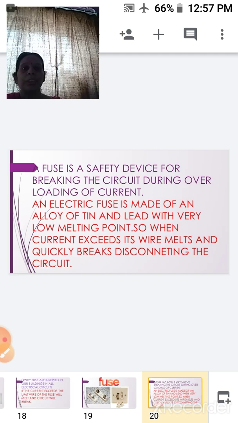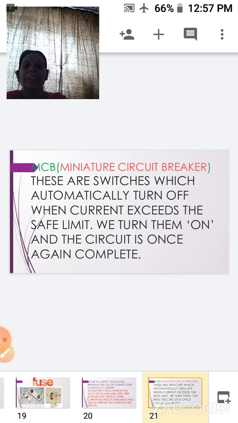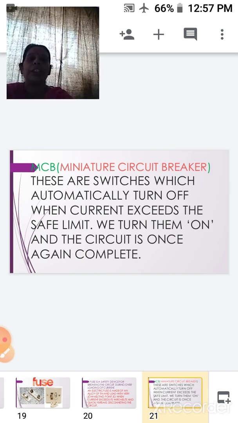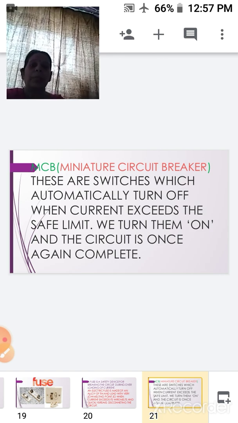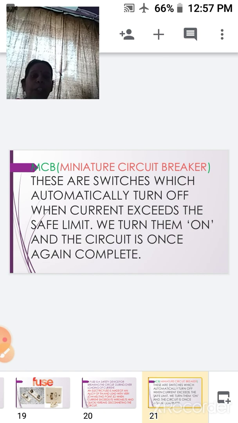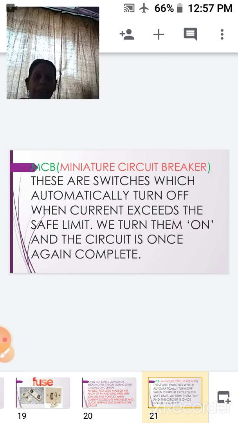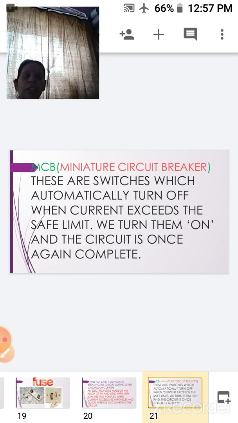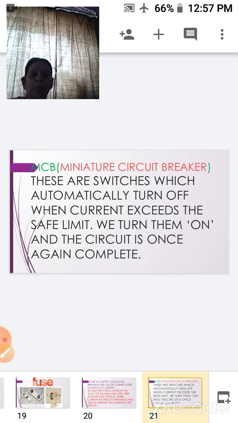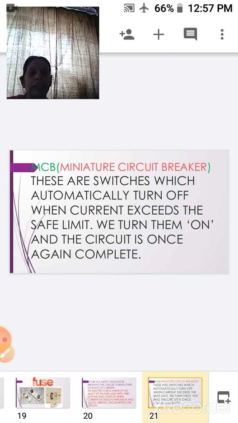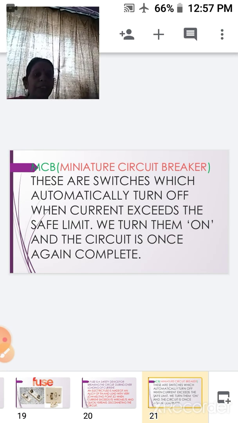Now, nowadays, children, you might have seen people are not using fuses, but these fuses are taken over by MCBs. What is an MCB? MCB is a miniature circuit breaker. So, these are switches. Fuses were not switches, but these are in the form of a switch which automatically turns off when the current exceeds the safe limit, and we turn them on and the circuit once again is completed.